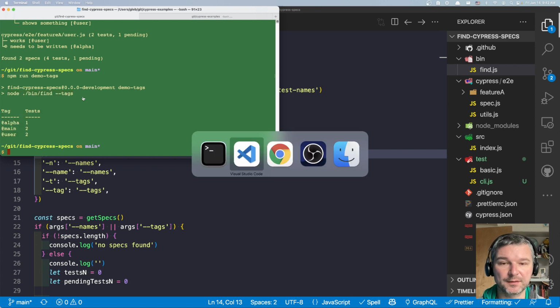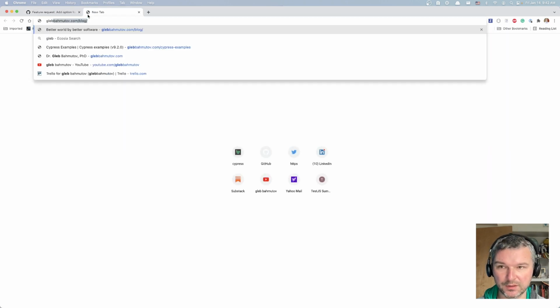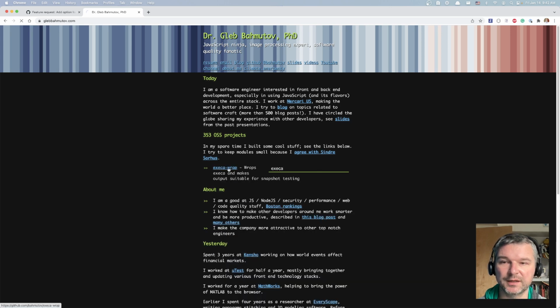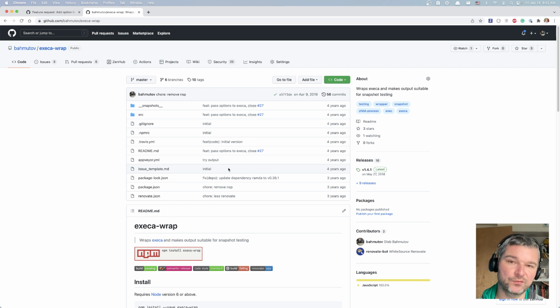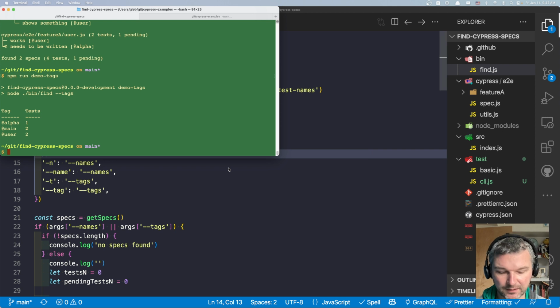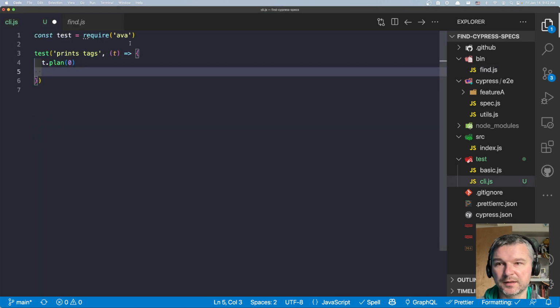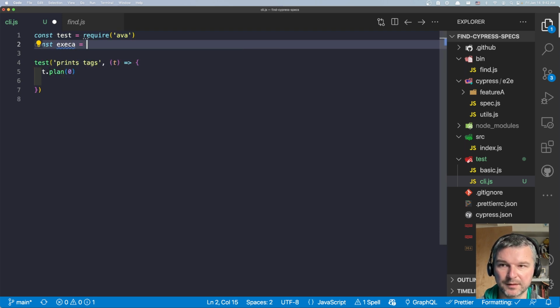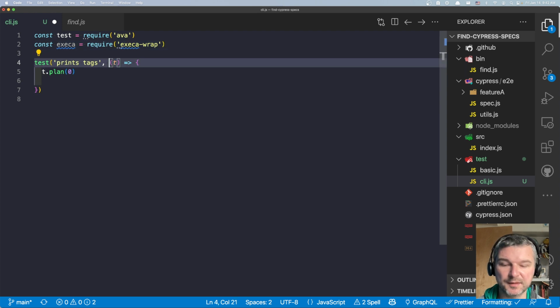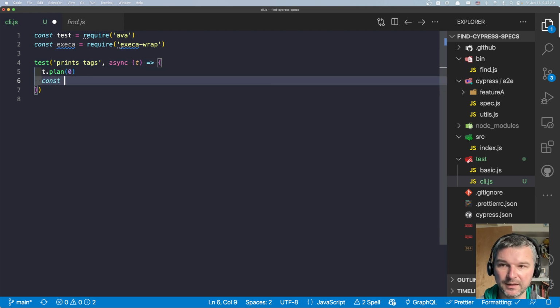Well, to do this, a long time ago, I've written a tool called Execa-wrap because it literally wraps around Execa, which is my favorite way of running child processes. So here's what I will do. I will install Execa-wrap as a dev dependency because it's only used for testing. And inside my CLI, I'll say Execa-wrap. Now this will be asynchronous operation, so I'll say my test is async, and I'll say